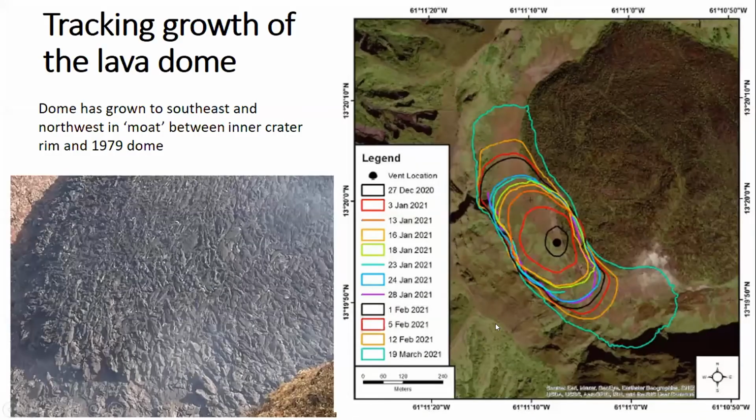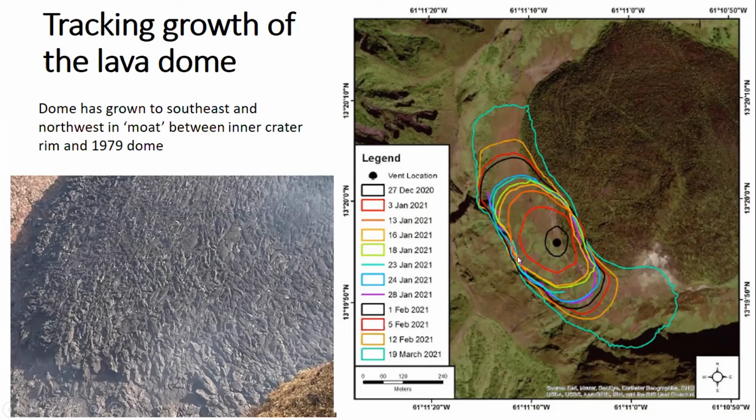Now, in terms of the dome growth, one of the things that volcanologists like to do is to constrain how quickly magma is reaching the surface. And they do that by mapping the dome. That's been done using satellite imagery, as I've just shown you, the radar imagery, but also using a drone, flying a drone in this area and generating digital topography of this region. You can see these different times showing the footprints of the dome and how it has grown since the end of December up until just a few days ago, 4 or 5 days ago, which was the last outline here.